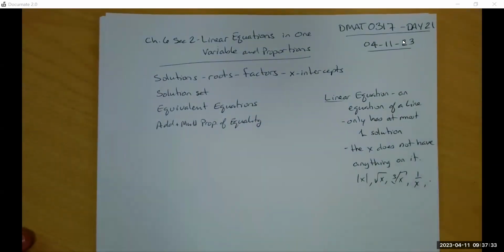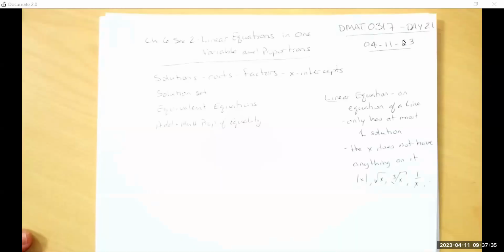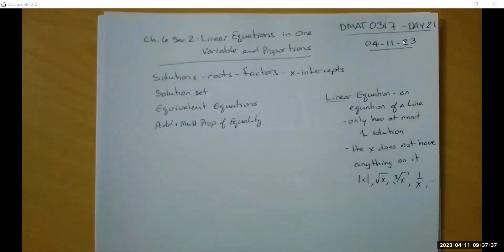You moved. It's one of these movable ones. Oh,